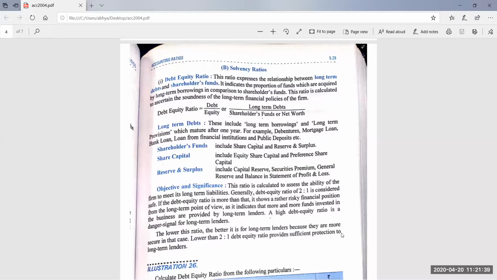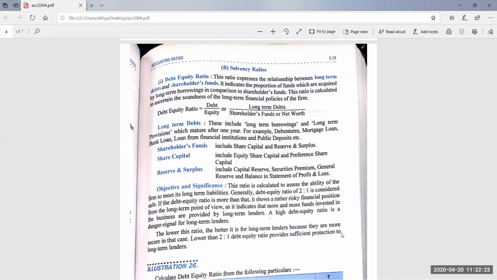Suppose you have gone to a bank for taking a long-term loan, a 15 years loan. Before granting that loan, the bank will definitely do the ratio analysis of your past years' financial statements, because it is a technique of doing financial statement analysis. So the bank must be analyzing your financial statements before granting the loan to check your solvency position. Solvency position means whether the business will be able to pay its loan back or not. Your profitability matters too, because from profits the business will be able to pay interest or installments on time. So most of the ratios will be calculated by the bank.